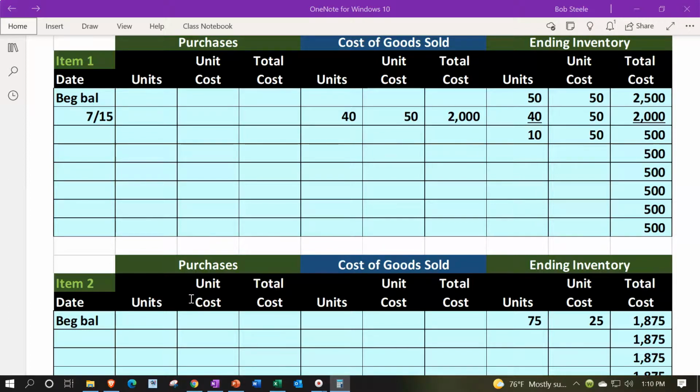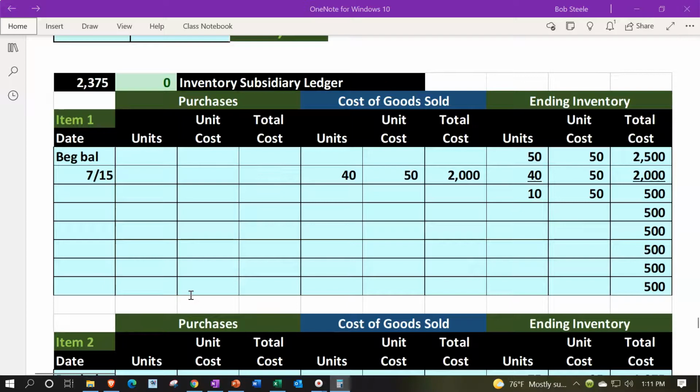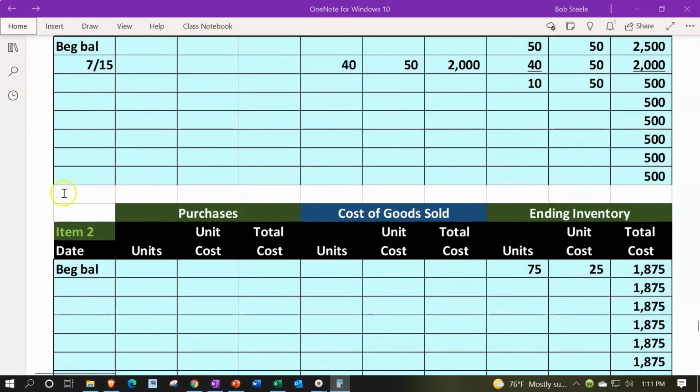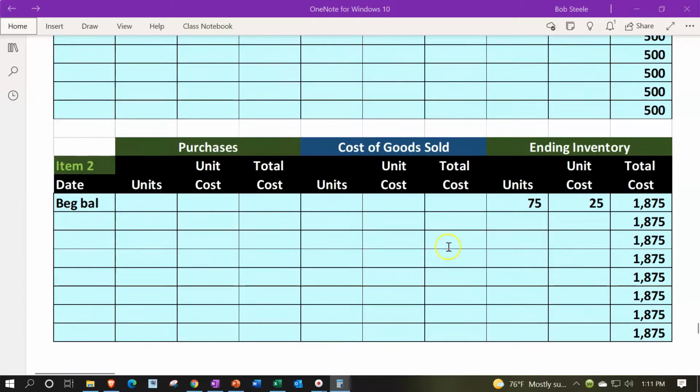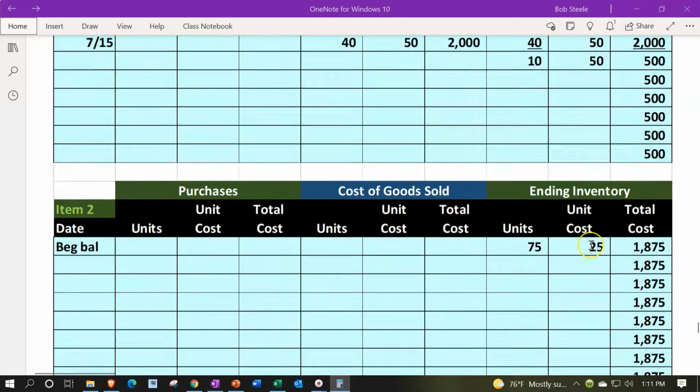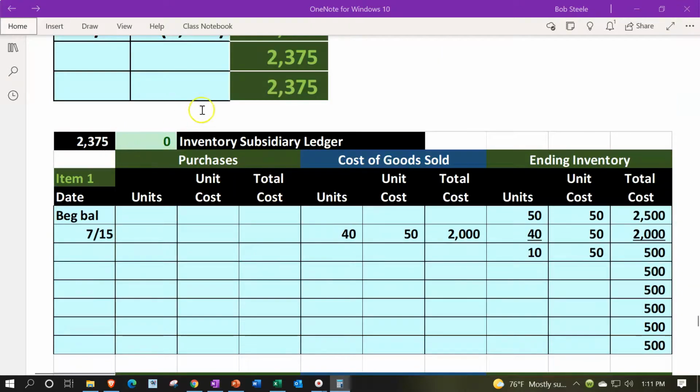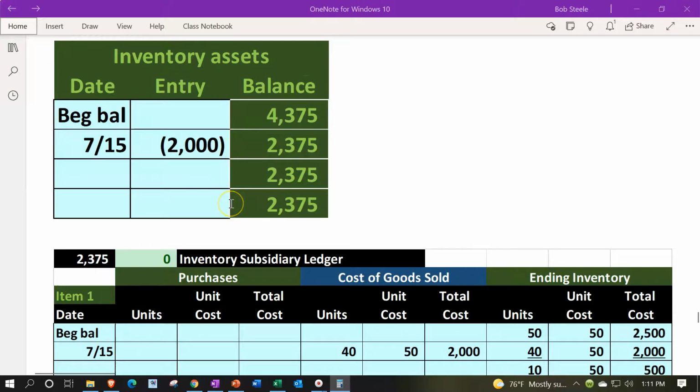But the point is that you need to track some kind of subledger if you're tracking the inventory in the system. Now we have item 1 of inventory, item 2 of inventory, summing up to, in dollars, the $1,875 and the $500, or the $2,375. That ties out to the general ledger,